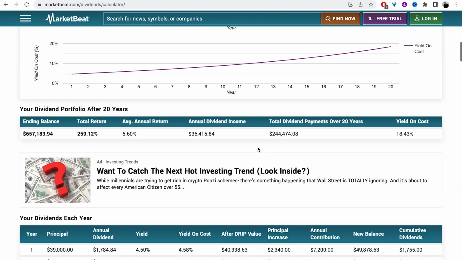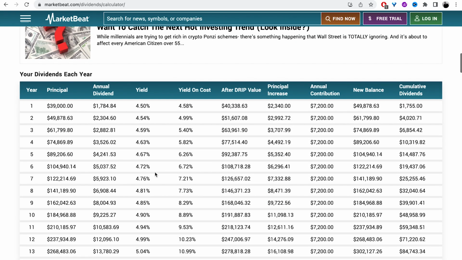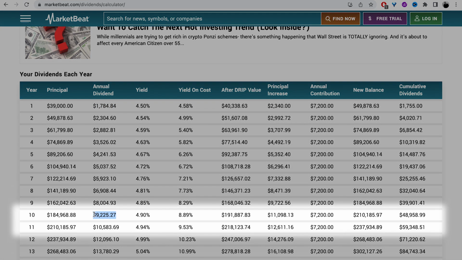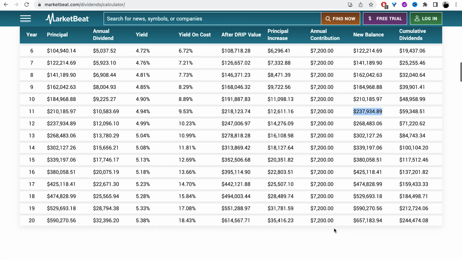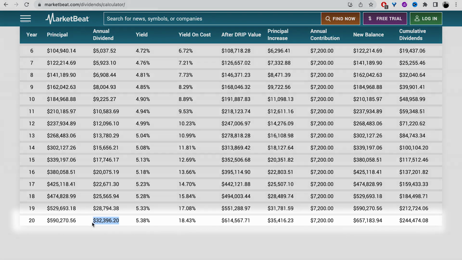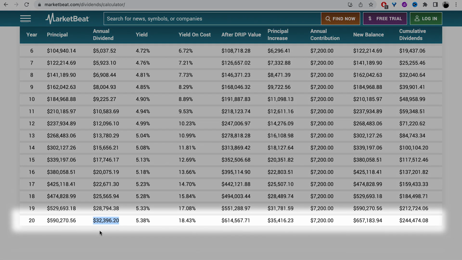All right, so scrolling down, guys, I can see that just after 10 years, instead of bringing in about $1,784 per year in dividends, I will be bringing in nearly $10,000. And in the 11th year, it will be over $10,000, and my portfolio will be valued at over $230,000. So really nice there. But if we scroll down to the very bottom, 20 years from now, when I am 49 years old, if I just keep on going at the same rate that I have been, my portfolio will be bringing in $32,396.20